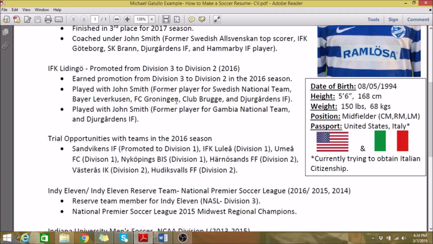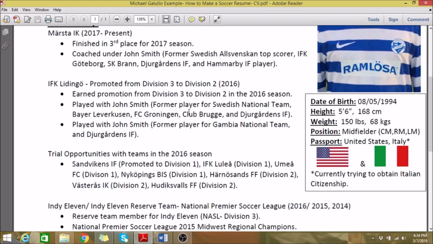Again, guys, like I said, you can include this. I've also seen players include their stats as well. I've tried that too. I've just found for me, it worked really, really well doing this, especially when I was sending this information out